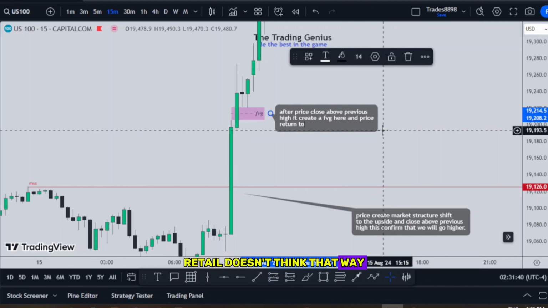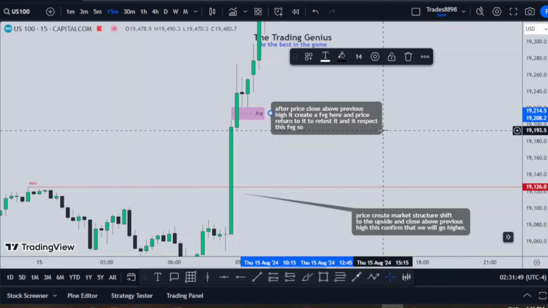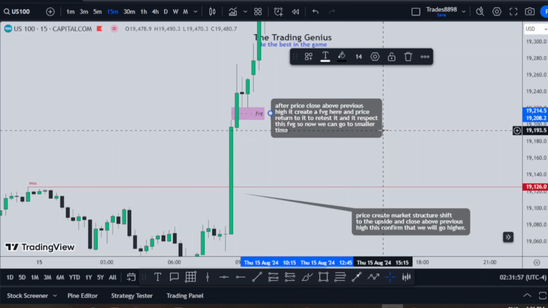Retail doesn't think that way. They don't go in anticipating something like that. Retail sees this: well, we gapped open higher, so that means it's strong. Let's buy it. If you measure the relationship between where we closed the previous day,